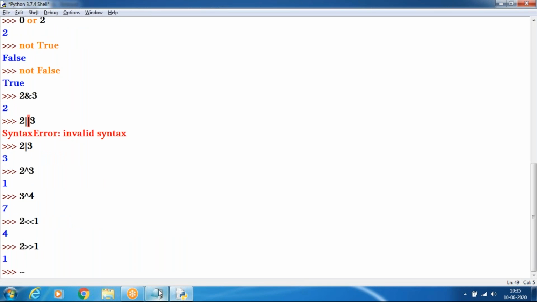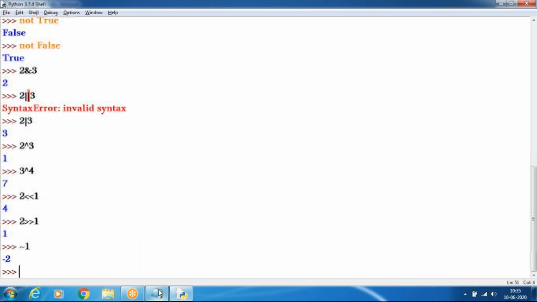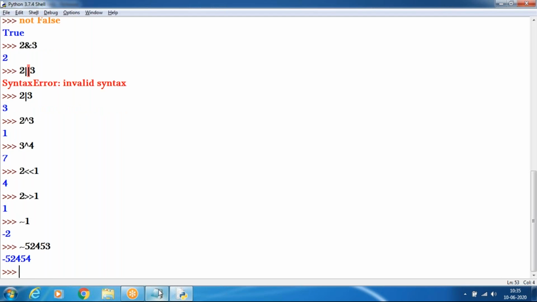Complement of 1, the result will be -2. It produces the reverse of the value. So in case the result is 5 2 4 5 3 something, it is the reverse, -2 4 5 4. It produces the opposite value of that.